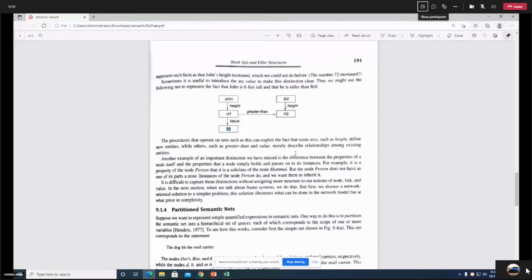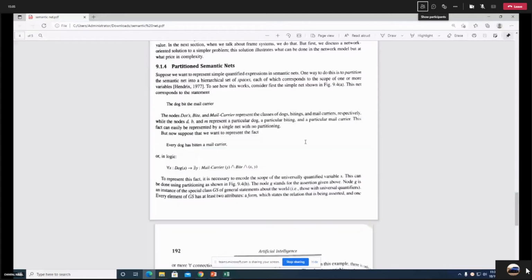And now comes the concept of partitioned semantic net. Most of the students in the exam get confused about whether, for a given statement, they should represent a semantic net or a partitioned semantic net. I would write semantic net. Now it's up to the students to decide whether to represent using a semantic net or a partitioned semantic net.